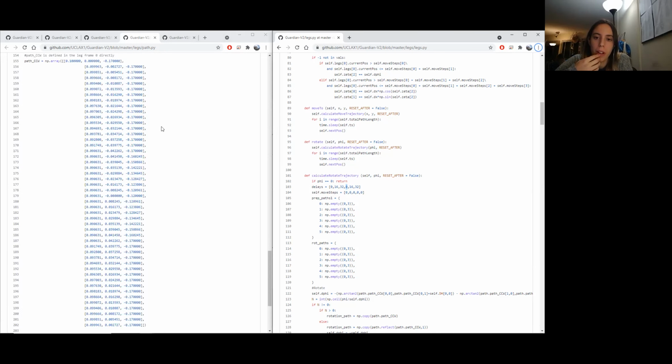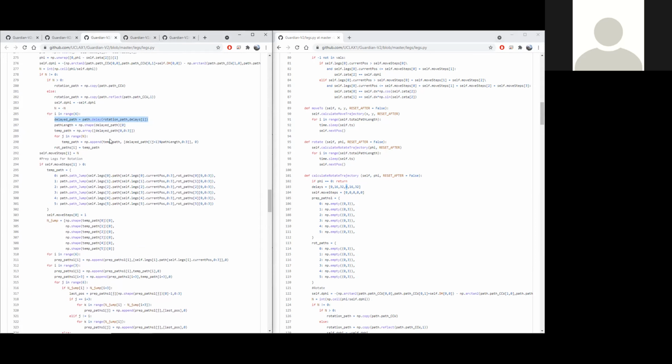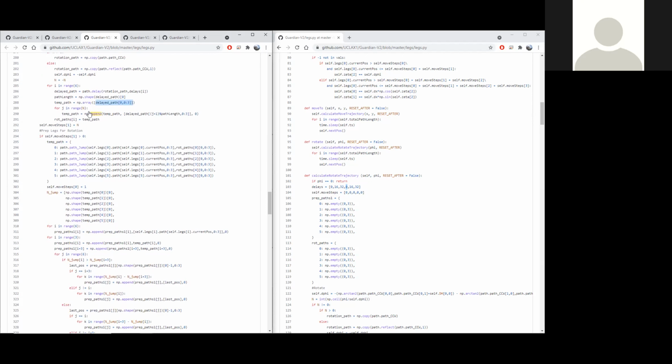Next, we're going to take path length, which is just calculating how long this is. We're going to take a temporary path, which is essentially we're going to take delayed path, and we're going to take the first row of it. I'll circle back to this. Just follow me for 1 sec, I'll circle back to this, I promise. So we're going to take the first row of my delayed path, and then based on that, I'm going to keep adding in